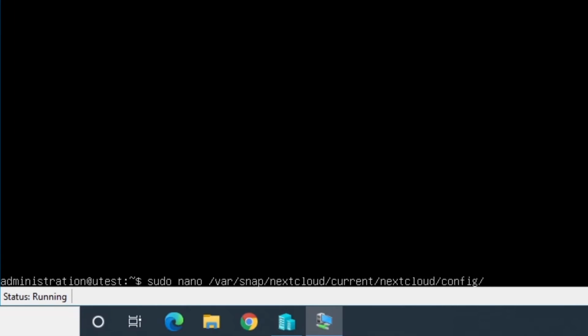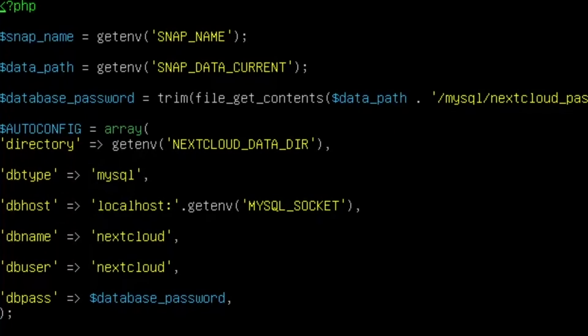Oh, sorry. Snap, Nextcloud, current, Nextcloud config, config.php. This is where, fellas, we change the directory before we go into admin. Before we create an admin, we have to do this. This is important. So we have to put the correct directory, or else you will have to restart and redo